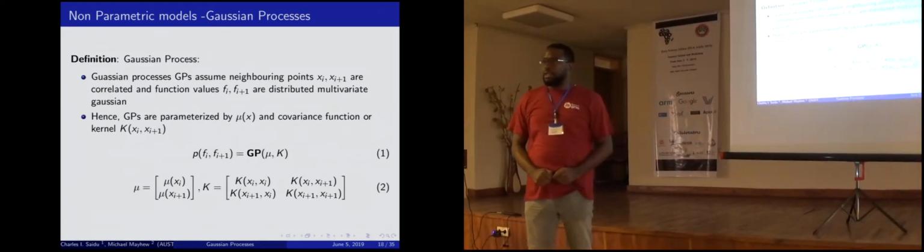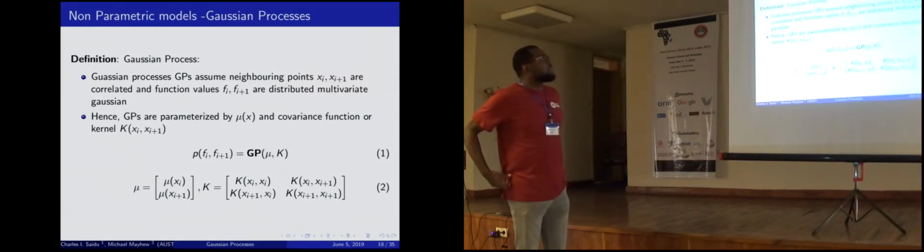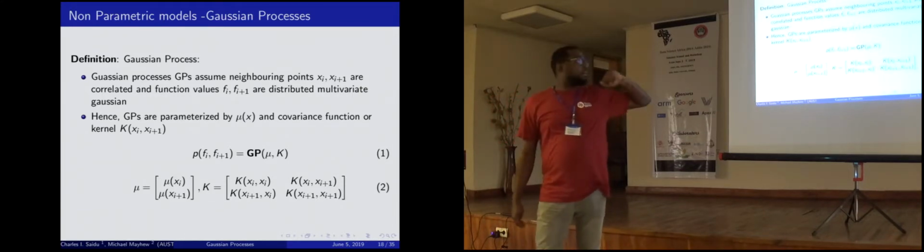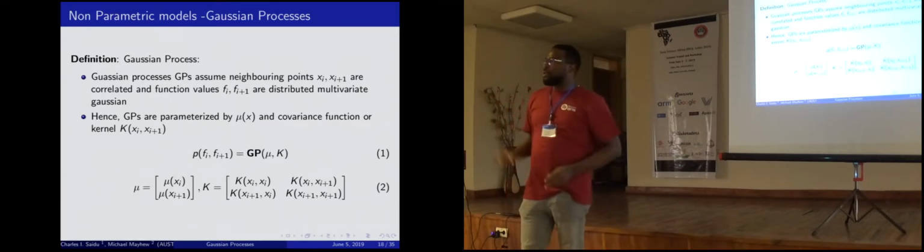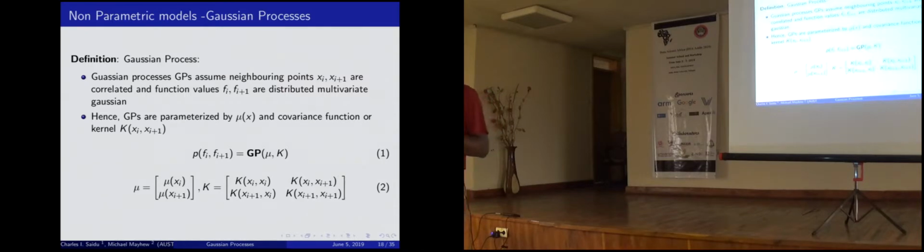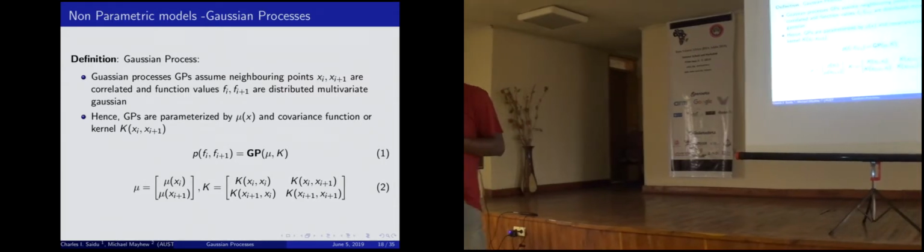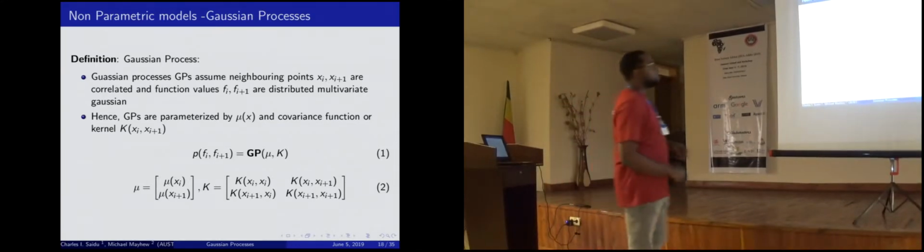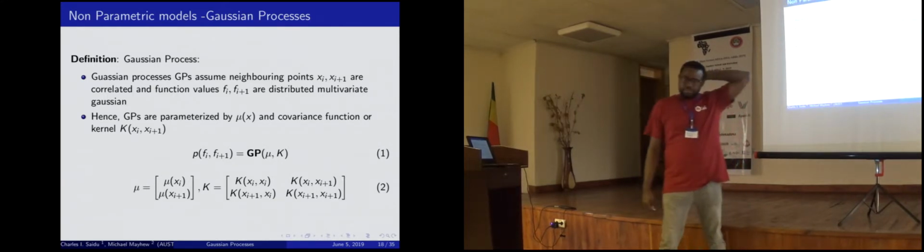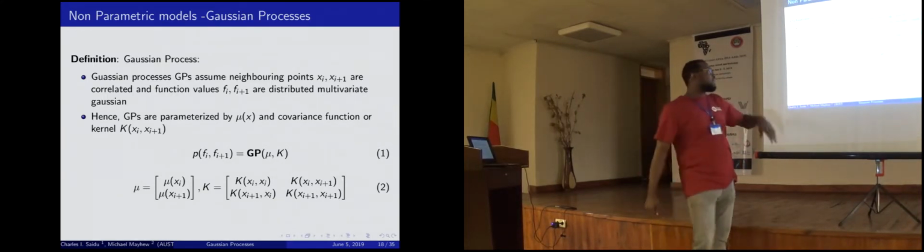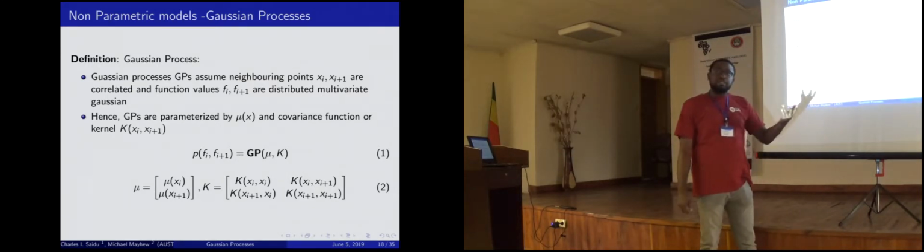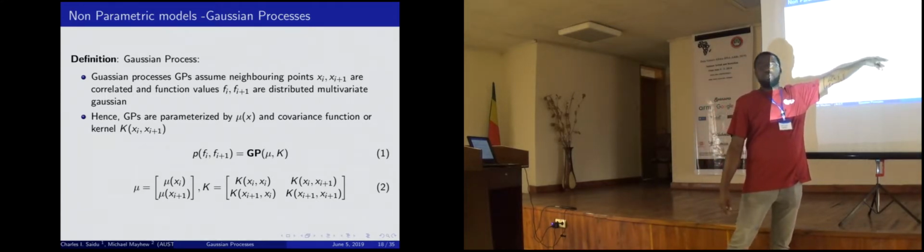If we have that, we can describe our GP. Gaussian processes assume that neighboring points are correlated and the function values are distributed as a multivariate Gaussian. What that means is those 2 values that you have there have a multivariate Gaussian distribution, parameterized by a mean mu and a covariance sigma. And this is what is described here. We describe a joint distribution between the function evaluated at f_i and the function evaluated at f_{i+1}